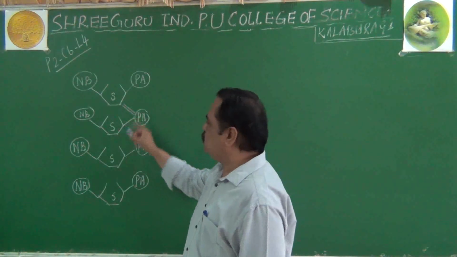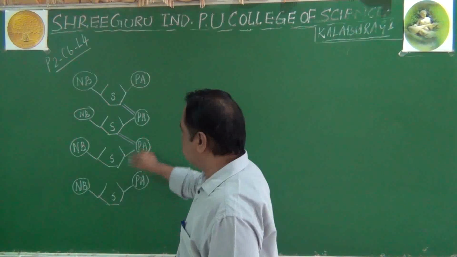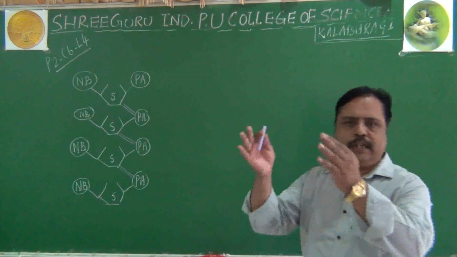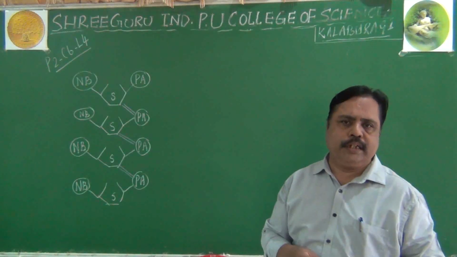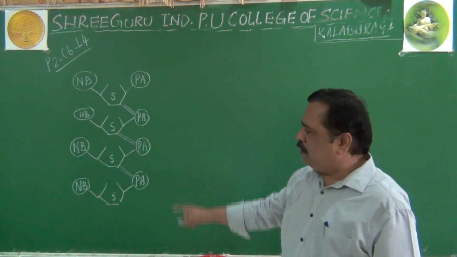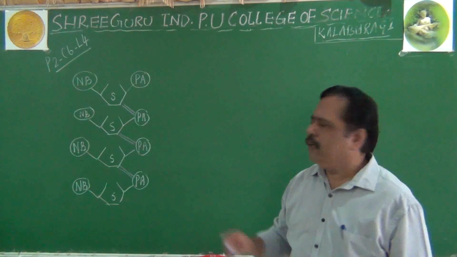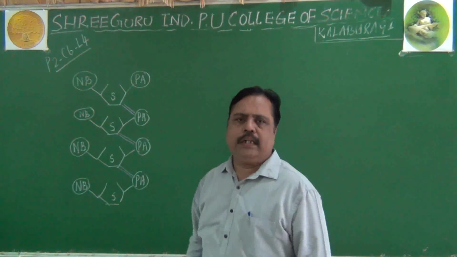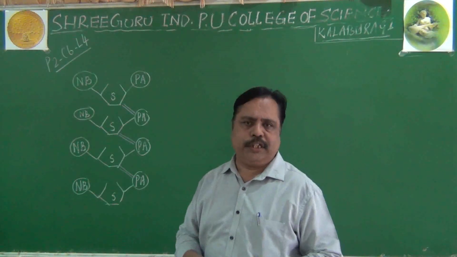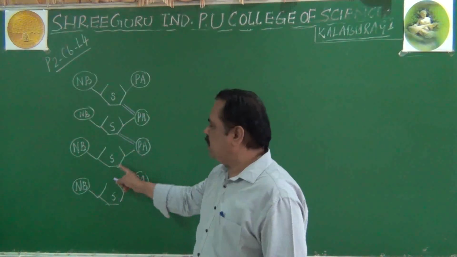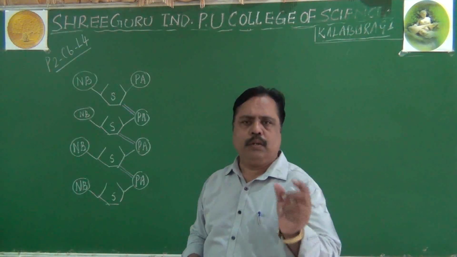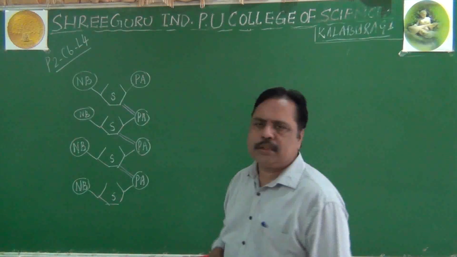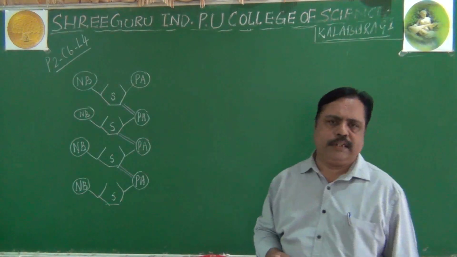So here one phosphodiester bond, here one phosphodiester bond, like that. Many bonds are formed. We are getting a complete chain in this case. This is a polynucleotide chain. Remember, here if deoxyribose sugar is present, we can call it a DNA polynucleotide chain. If ribose sugar is present, it can be belonging to RNA actually. Okay. Now, another interesting point we have to learn in this case.